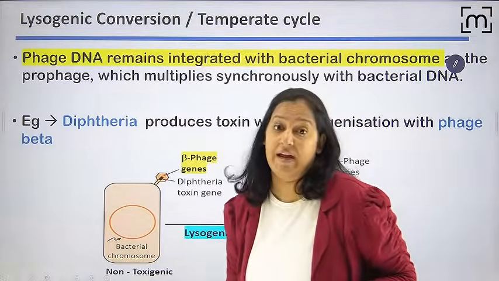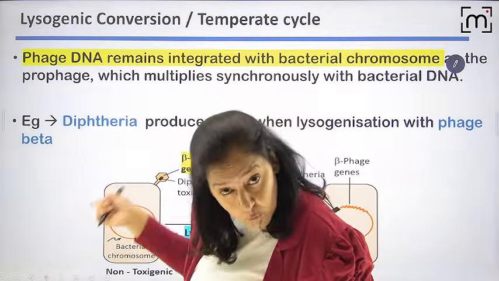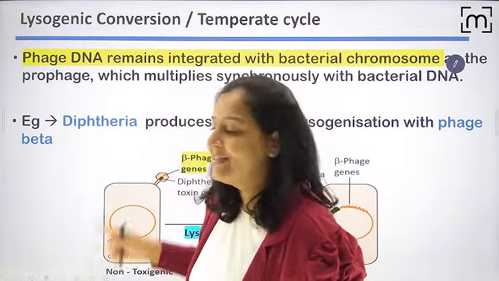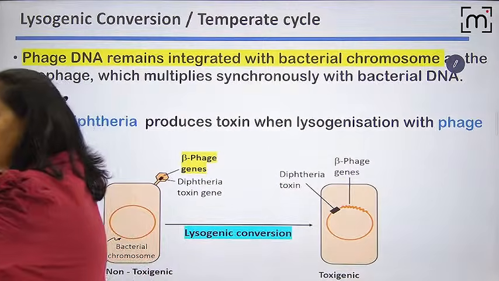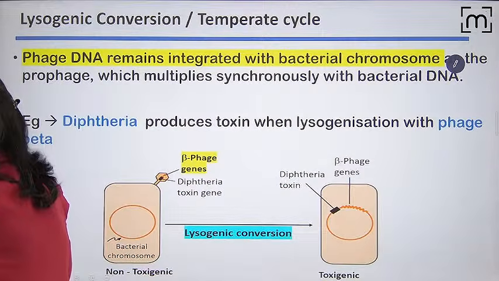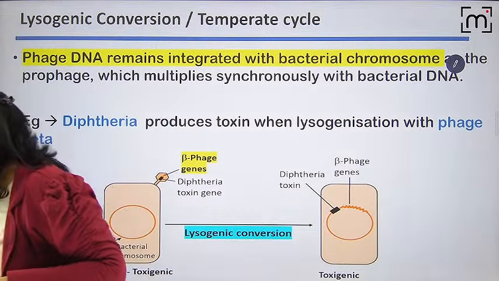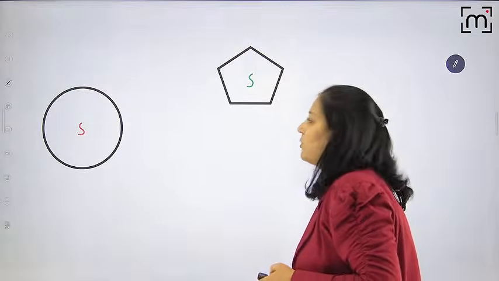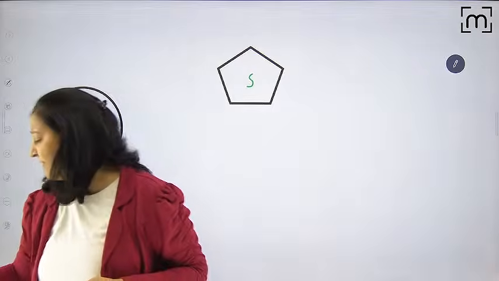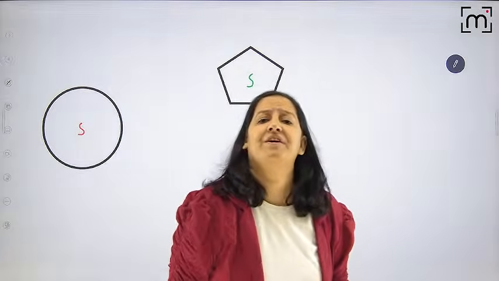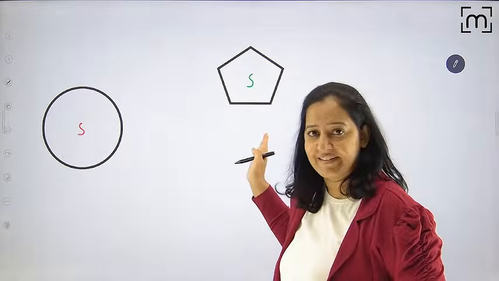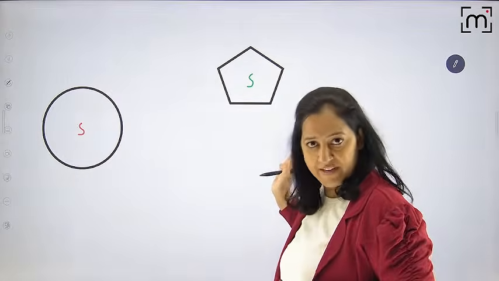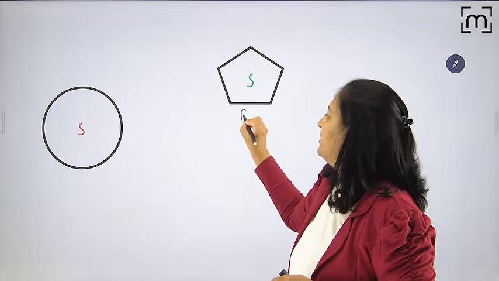The third way, now please appreciate the third and tell me the difference between second and third. This is lysogenic conversion. Let me tell you what lysogenic conversion is. Rather, you tell me what the difference is. Here also we have a bacteriophage, but here we have only one bacteria, only bacteria A. We don't have bacteria B.